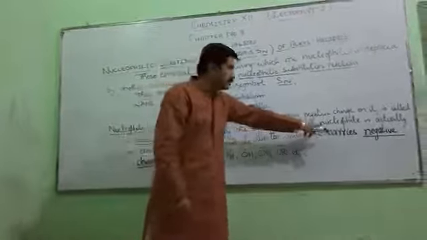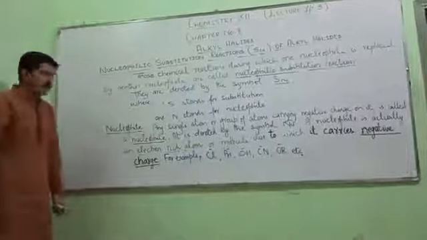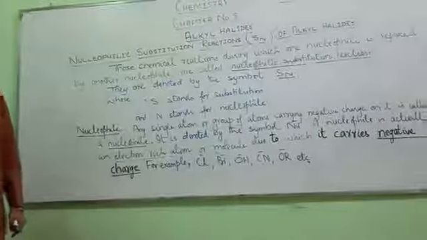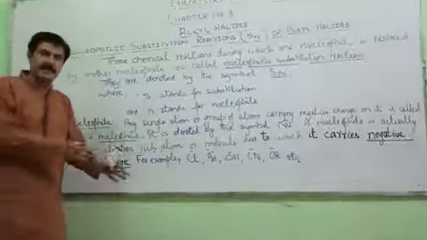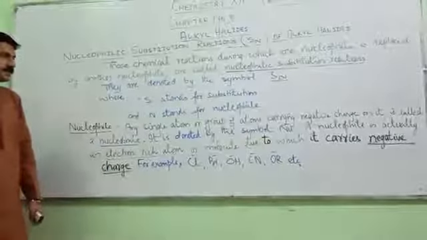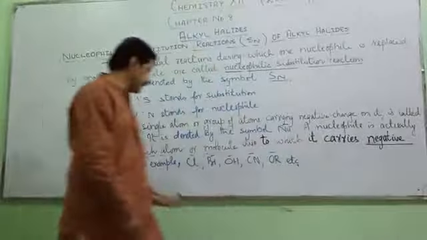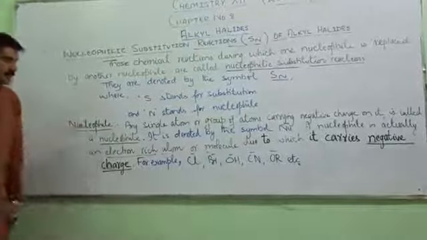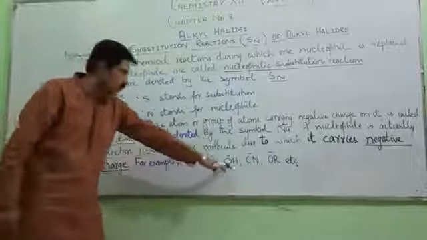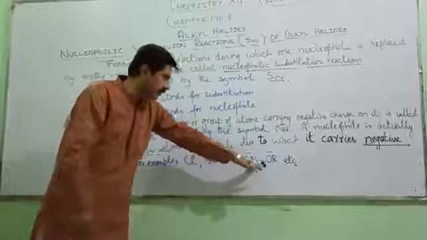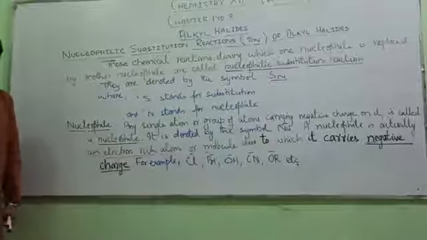My dear students, you must be knowing that a nucleophile is actually an electron rich atom or a molecule, meaning an atom or a molecule having an excessive number of electrons on it is called a nucleophile, and due to the excess of electrons it carries a negative charge. A few examples of nucleophiles I shall give you here are Cl negative ion, Br negative ion, OH negative ion, CN cyanide ion, alkoxy ions. So they are the effective nucleophiles.